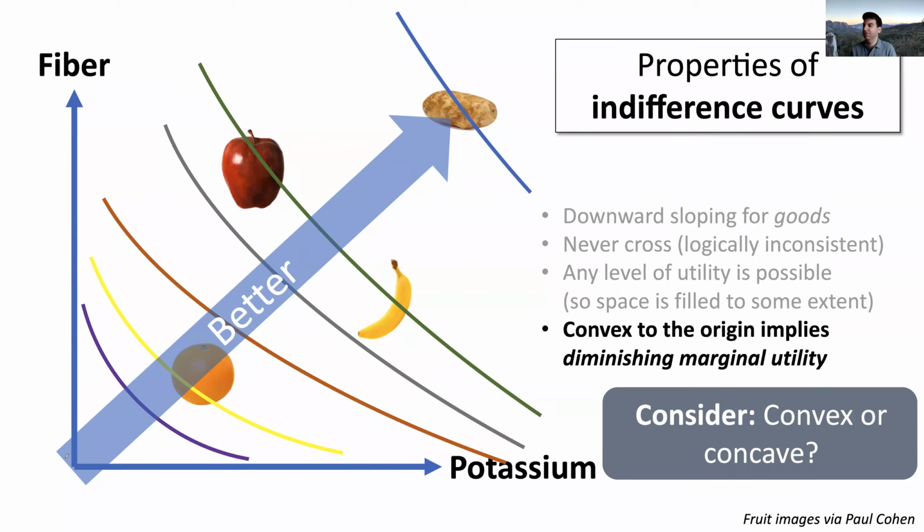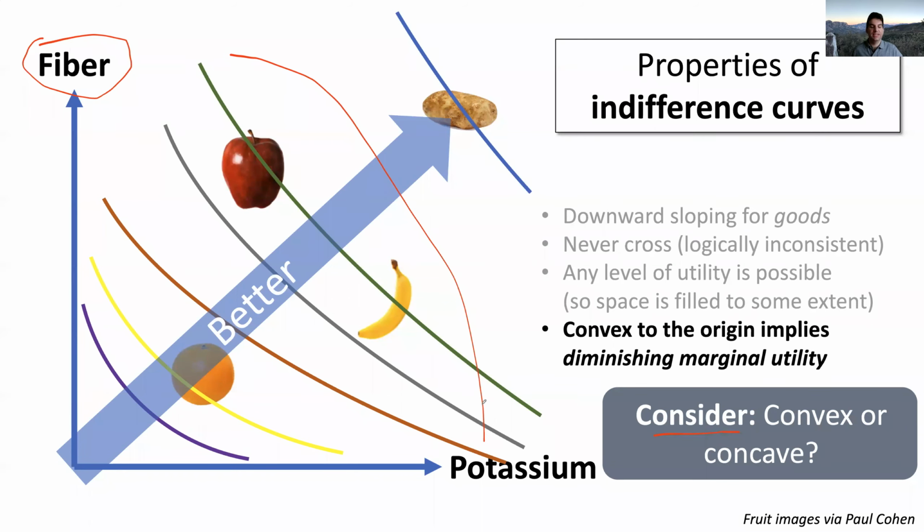Or multi-good framework. Yes. Can you elaborate on what you said again about considering convex or concave? Yeah, so this is really just meant to be food for thought here. If you see convex, then that just means that your goods have diminishing marginal return. If instead you had this concave curve here, then a concave curve is a little funny because it's saying that